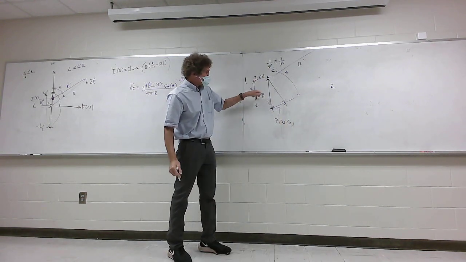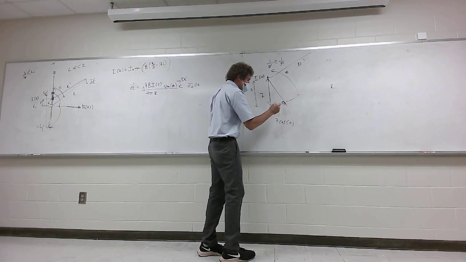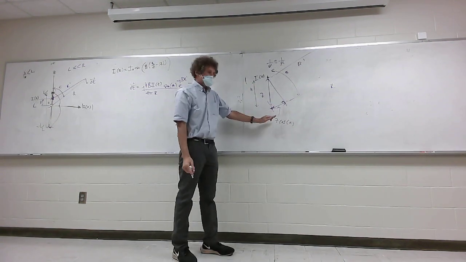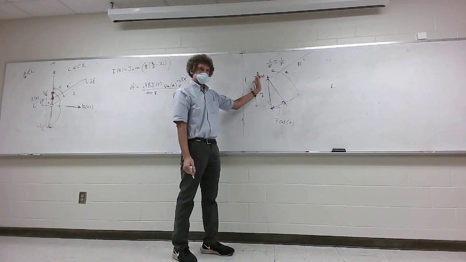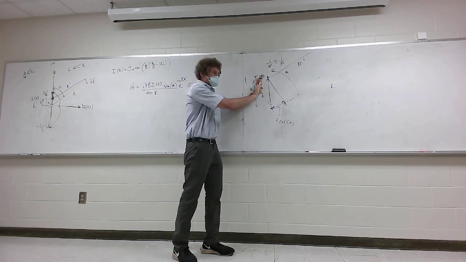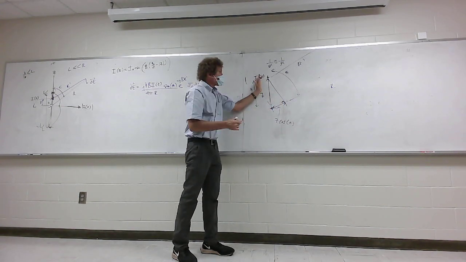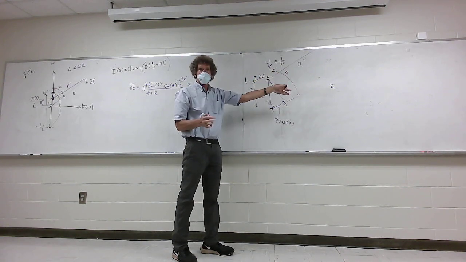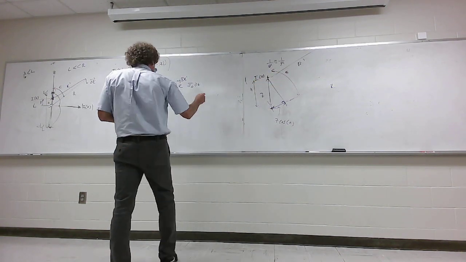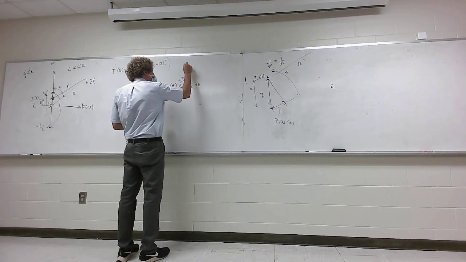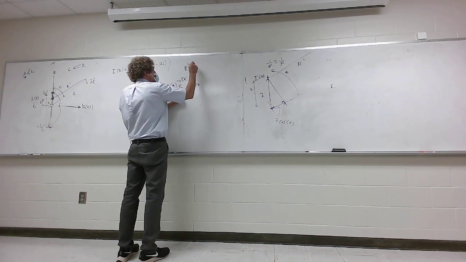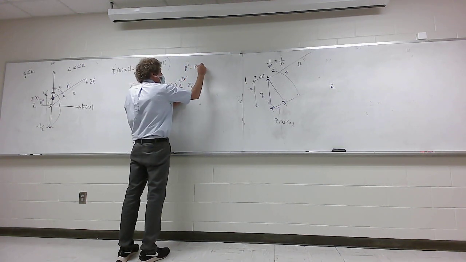Remember, if this height is z, and this is a right triangle, then this distance would be z cosine theta. I want you to just think about this. What happens when theta goes to 90 degrees? Do you see how this thing will go to 0? And then there is no path difference between R prime and R. So the thing I can do is say that R prime is actually equal to R minus